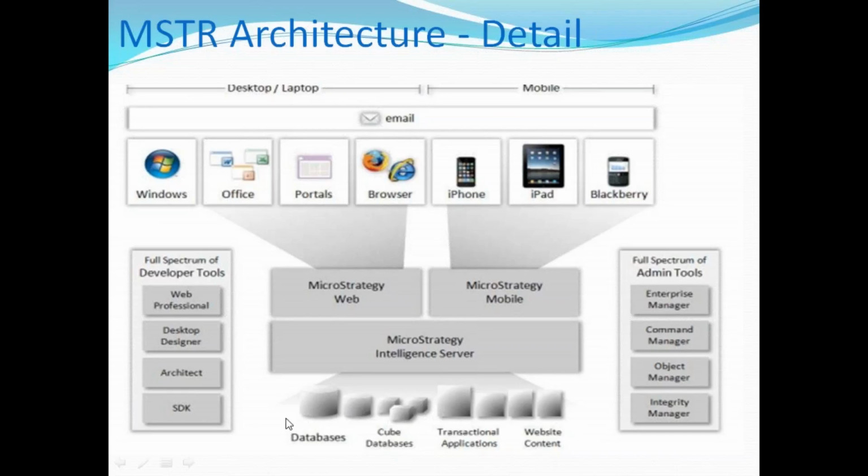Whatever data is required might be present in databases, or in the cubes. We'll discuss cubes in detail in a coming session. It might also be present in transactional applications. As I said, even MicroStrategy is capable of pulling data from operational or transactional systems, OLTP systems, or you may have some data present on a website or in an external file. So you can use all this as sources,